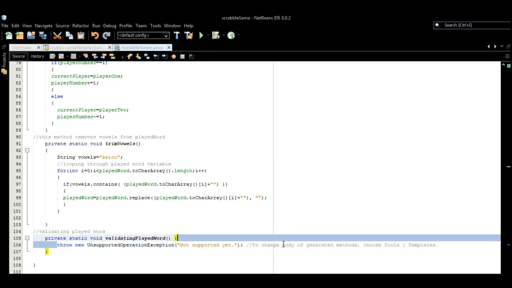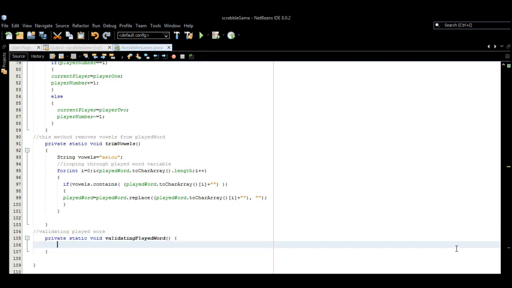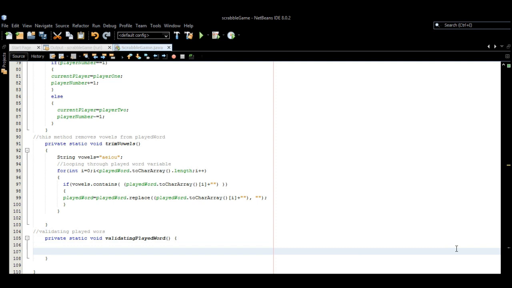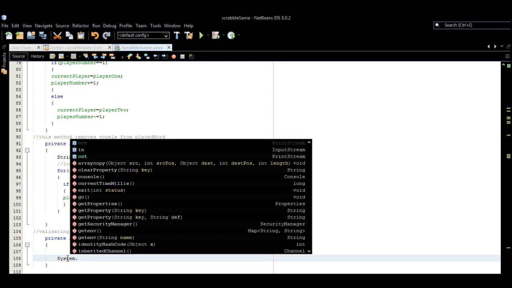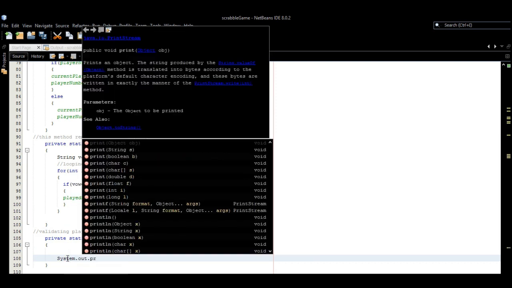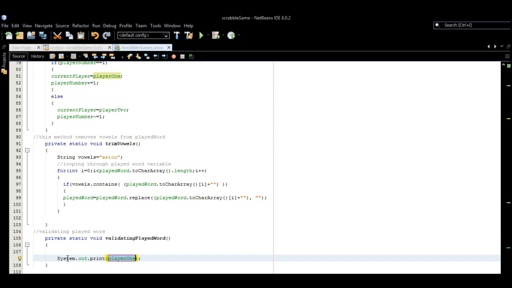In this method, guys, I want to ask if both players agree on a played word or not. To do that, I will say system out dot print, and again guys, to print this in the next line I'll use \n, and then I'll say